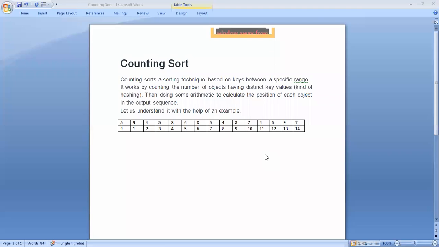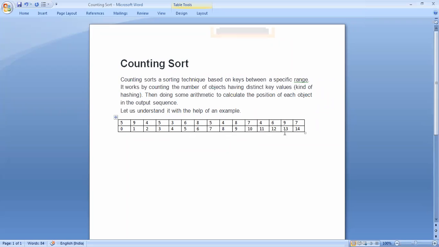So now we are taking 15 elements, which contain the values in the range of 0 to 9. The next step: we'll take the input, and our main objective is to arrange the elements in ascending order.